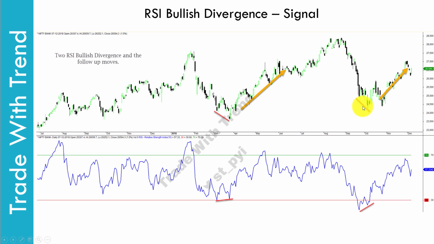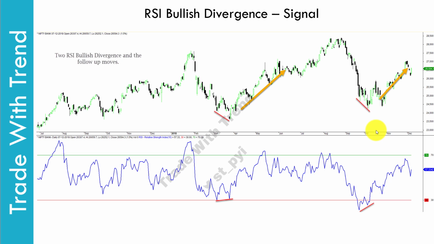Now let me remind you, the reason why these signals are high probability ones is because they come up after a significant decline in price, like we covered two slides back. So let us take the most recent case here. RSI bullish divergence got completed at this particular point in the last week of October. Therefore, we had a valid signal somewhere in the middle of October because the RSI divergence had completed back then.